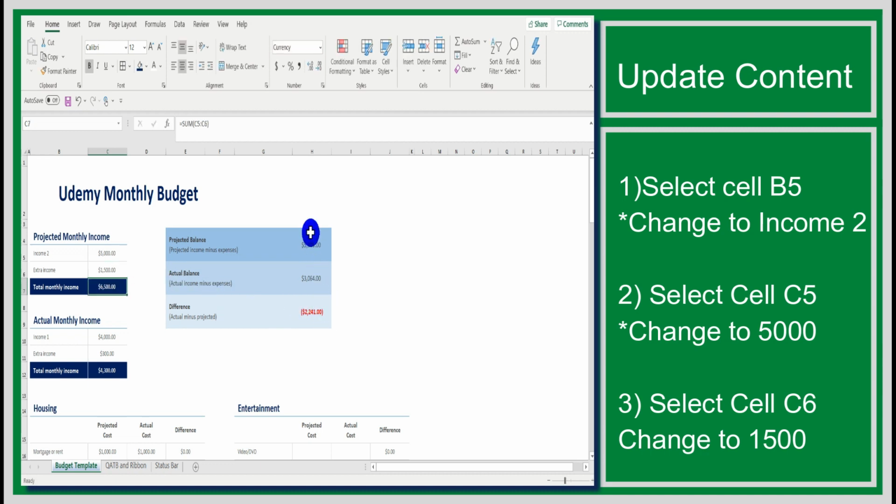These formulas are already included in the template. So you don't necessarily need to be an expert at Excel to use these templates because the layout is done and the formulas are already included. So it's a great tool to use on your next project. So again, feel free to make adjustments to the categories and the figures. I'm not going to do that because this is just for demonstration purposes, just to show you how easy it